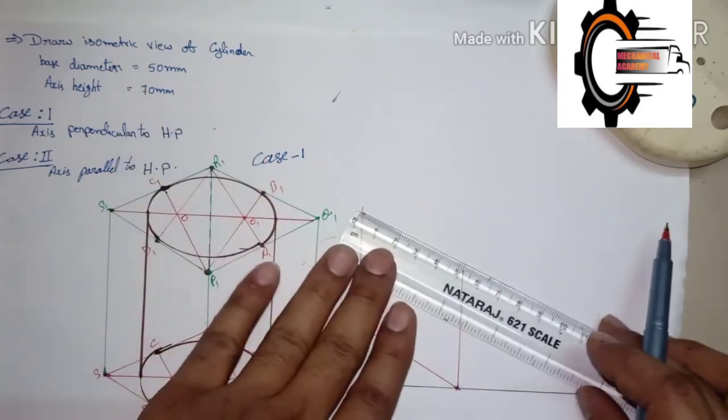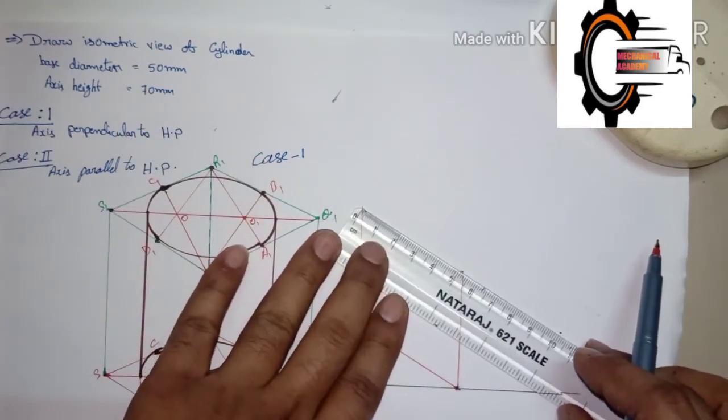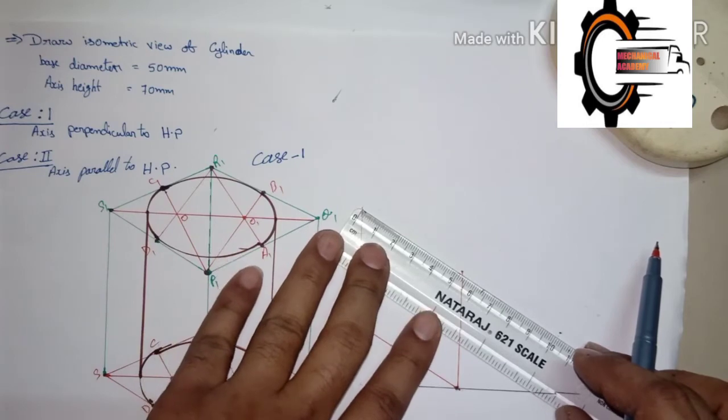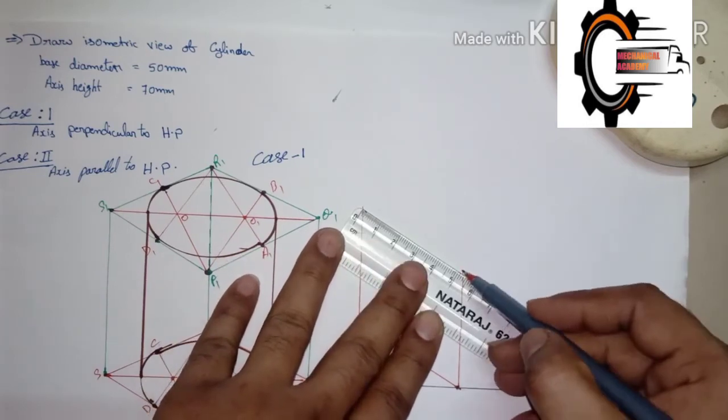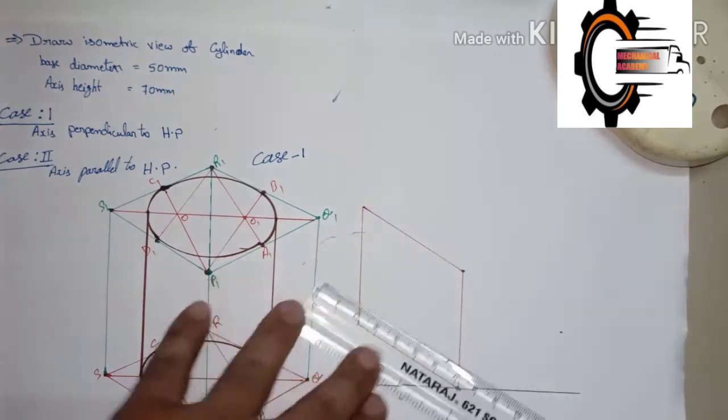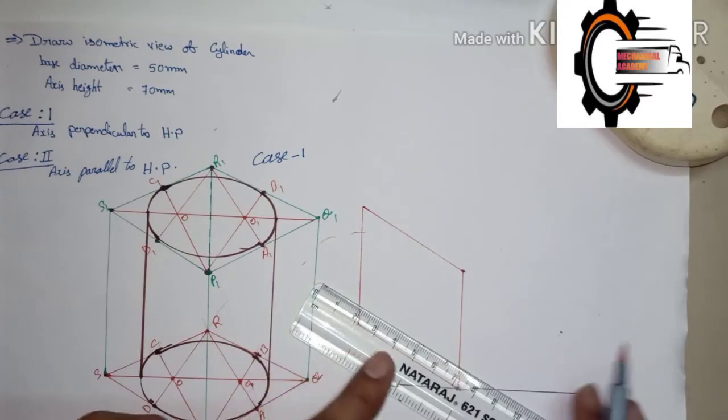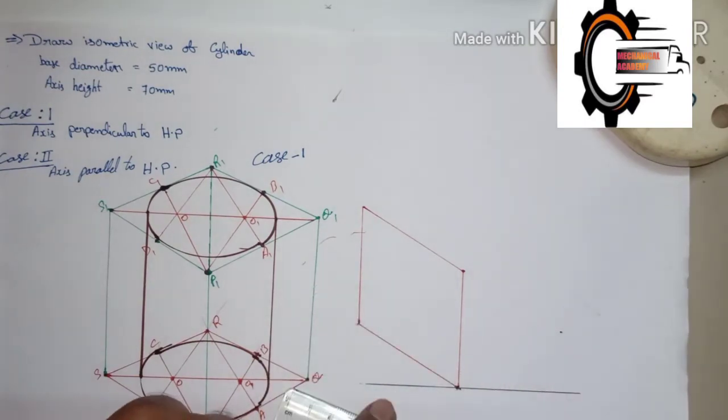Like this. Now join these 2 points. Let's check the distance. Okay, so we have the same distance of 50 mm. This is the first phase. Now from here we have to take distance of